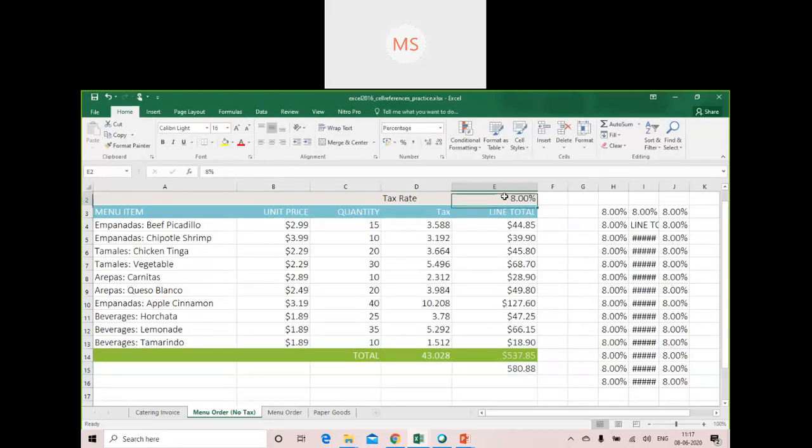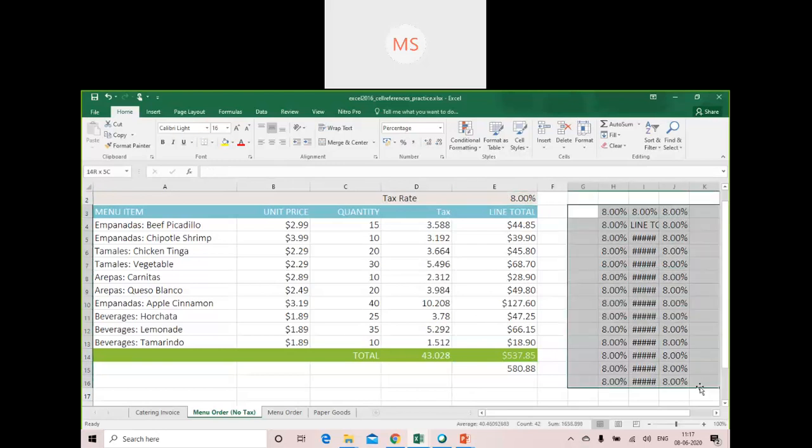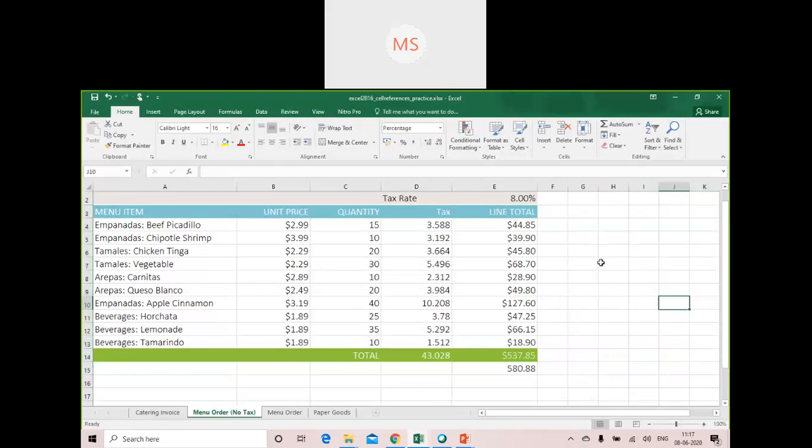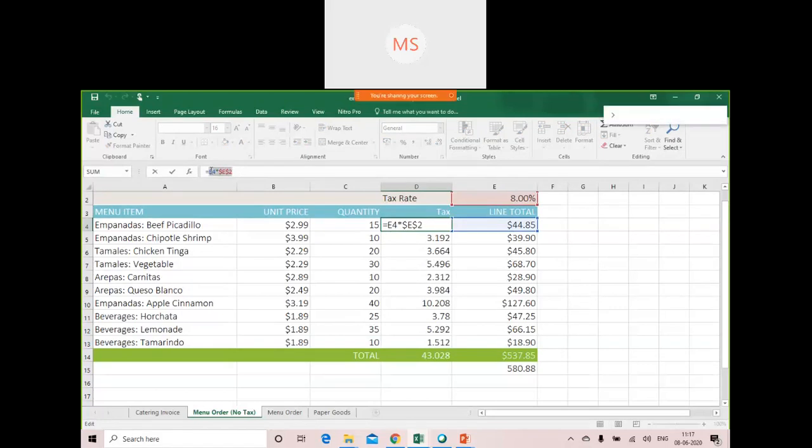Is this absolute cell reference clear to all of you, yes or no? When you are using absolute cell reference, you are ensuring that the cell reference you are using should not change. So what you need to do is make use of a dollar sign in front of the particular column as well as in front of the particular row. This is how you can make use of absolute cell referencing.